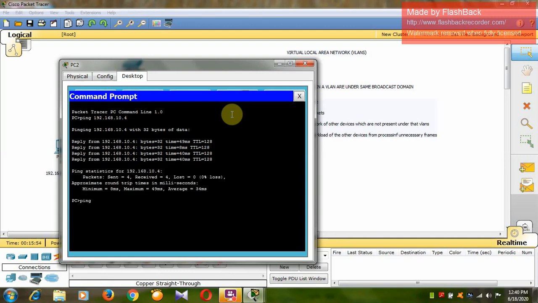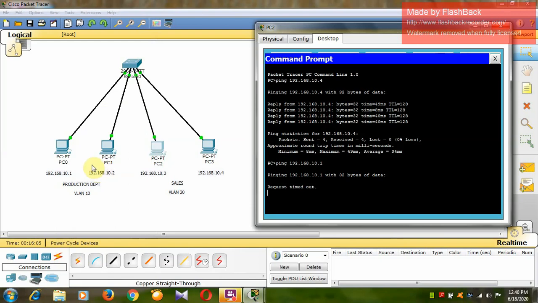Now if I ping the first PC, you can see here we are not getting the reply. So that means we have created these two VLANs. PC0 and PC1 are under the same VLAN, VLAN 10, under the production department, and PC2 and PC3 are under the sales department, that is VLAN 20. So this is about VLANs.